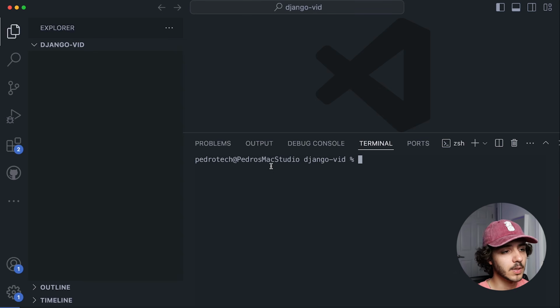Okay, everyone, so let's get started. I have here opened up a folder inside of my code editor of choice, which is VS Code, but you can use whatever you want. And I opened the project here. I have my terminal, which is where we're going to be executing all of the commands that we want to